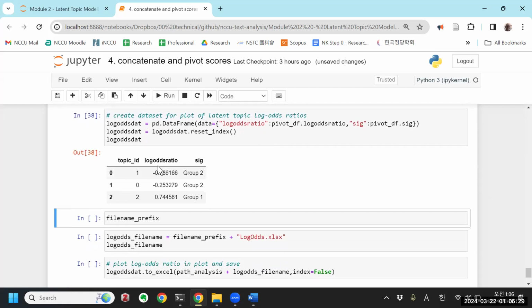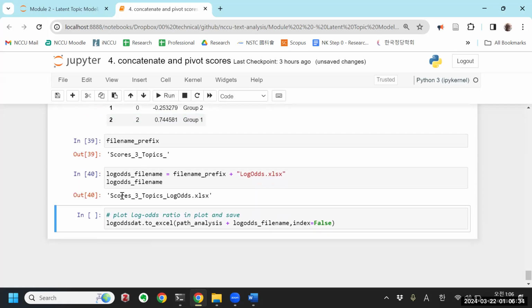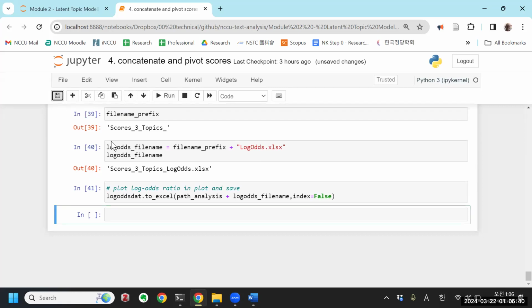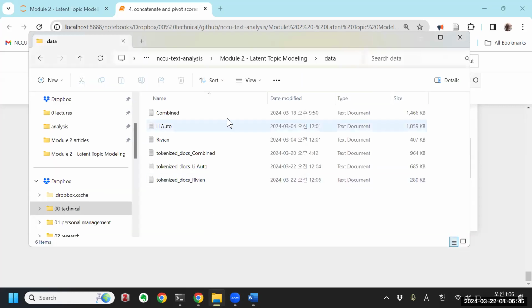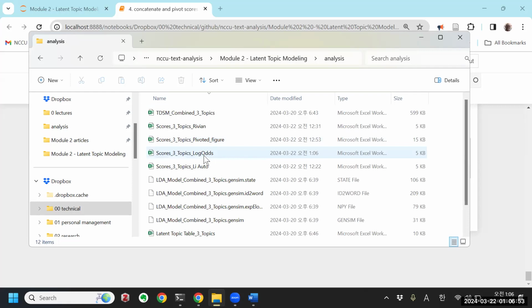I grabbed the data set that we need for Excel. I'm going to save this as scores 3 topics log odds, and we'll save that to Excel. So now we go to Excel and we look for this file in the analysis folder. And there it is. So we had the pivoted one that we added the figure to. Now we've got the log odds one. I'm also going to create a figure for this. So I'm going to add a figure. And if we open this up,